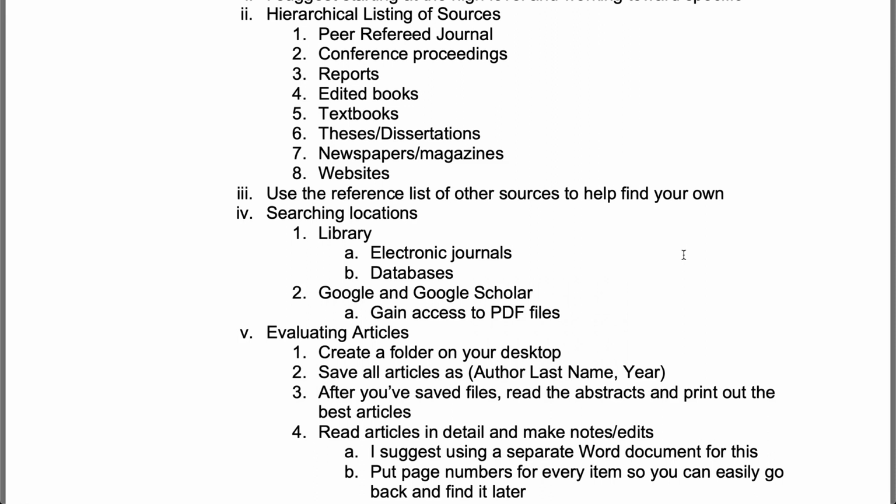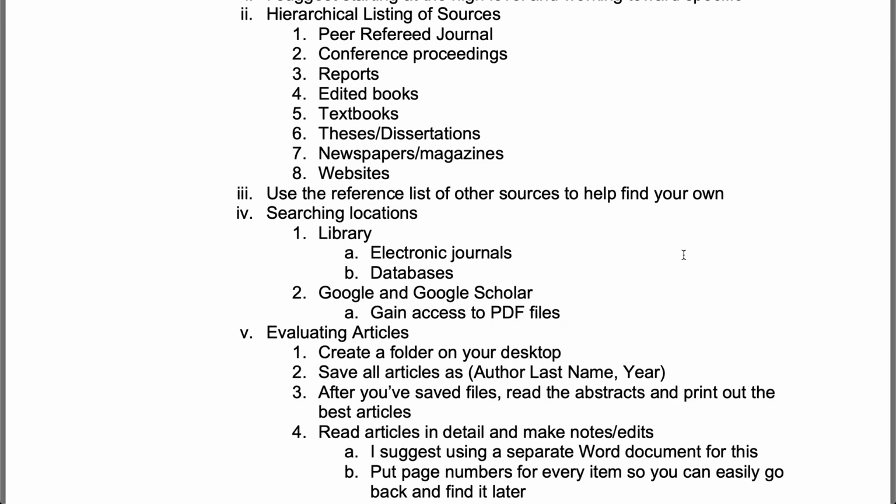The library subscribes to these journals and pays for them, and that's part of your tuition in that sense. If you weren't part of the UAA library system, most of the time you can't get access to these journals. You can in some cases in Google Scholar, there are ways to access the PDF files, but some of these PDF articles are not accessible unless you have a university system to locate it through. I like the Google Scholar search first, and then I use my library access with whatever university I'm associated with